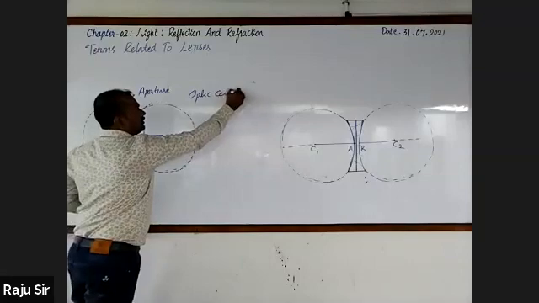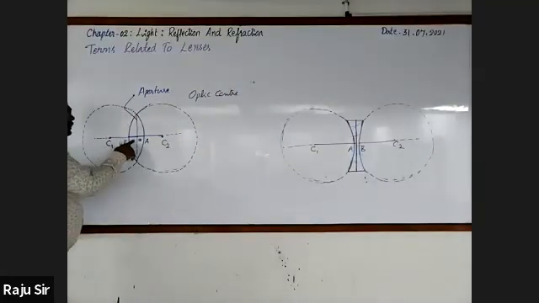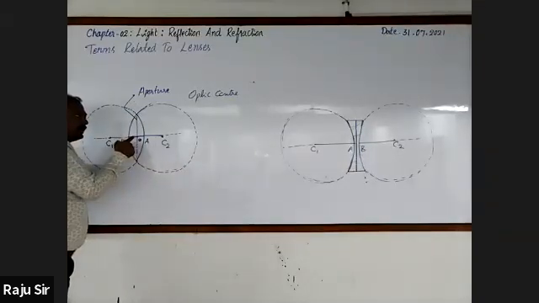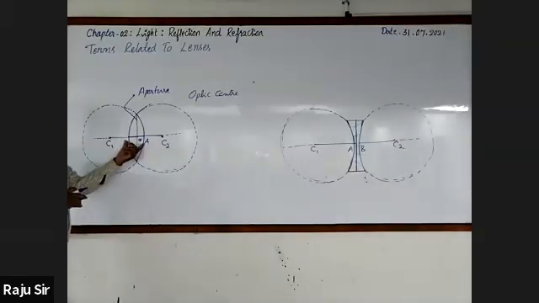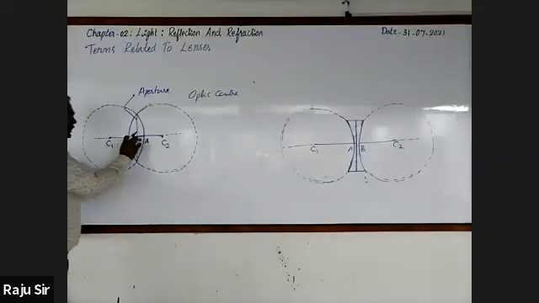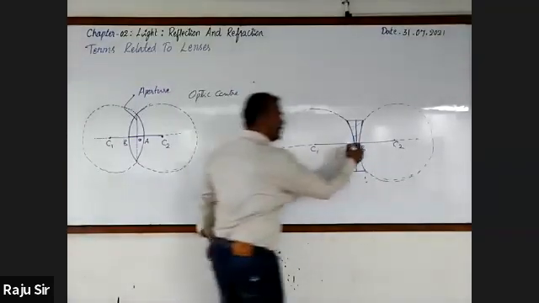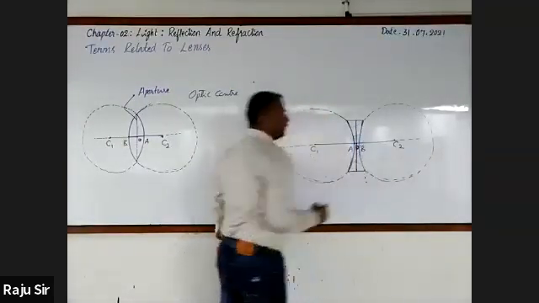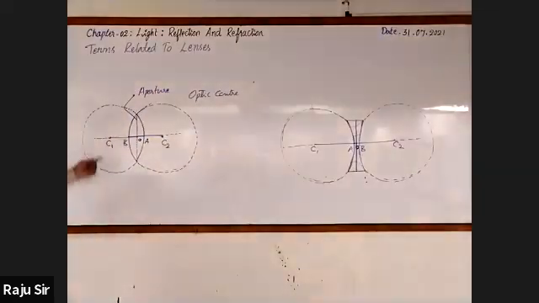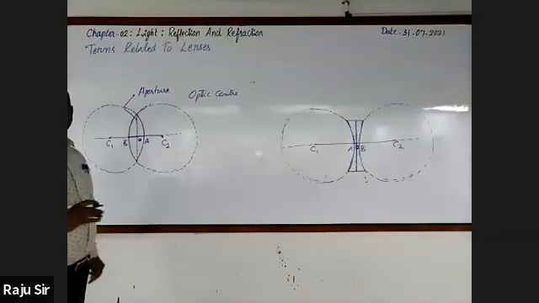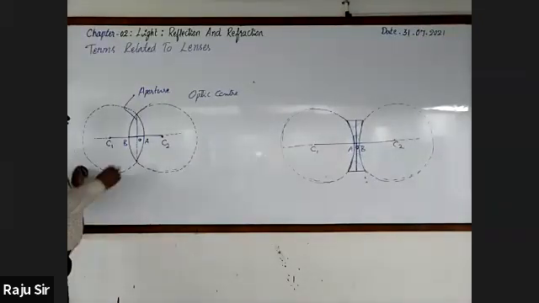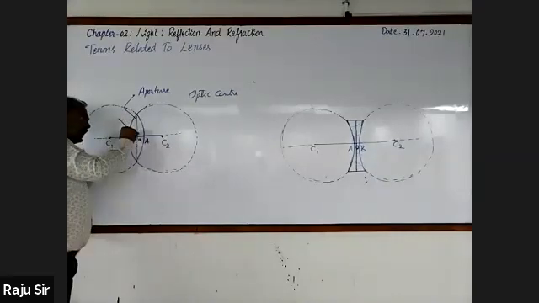Optic center. Once I repeat, the point of intersection of the aperture and the principal axis lying inside the lens is the midpoint of the lens, also called the geometric center of the lens. So this geometric center of the lens is called optic center. Even here also, this is optic center. Optic center will always be inside the lens. And another important point is the ray of light which is incident at the optic center,